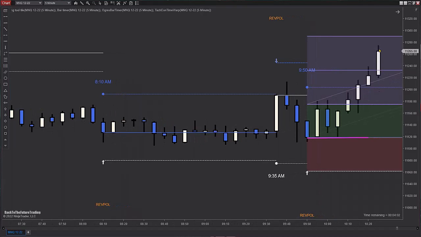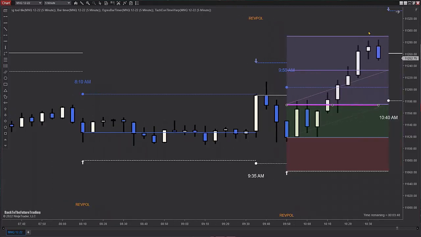So let's see. So here we close above this next line. So maybe we'll protect some profits to here. And then if we close above this next line, then we can move our stop, but we don't. Then we can move our stop loss to this line. Or, and this is the last thing I'll say on this, we can use 50% of that standard deviation. So you could do something like this.